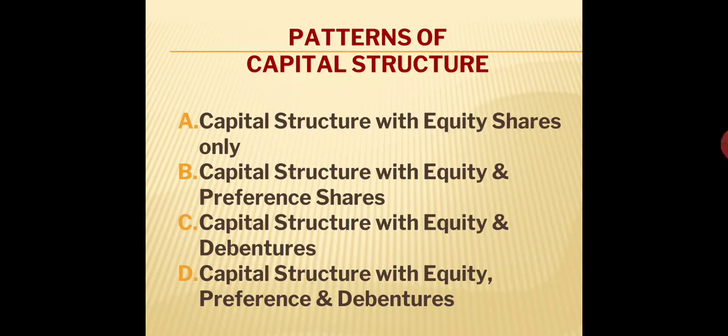Then, the third point, the full benefits of trading on equity can be realized from this type of capital structure. Yes, the company gets the full benefit of trading on equity because it is paying dividend to its preference shareholders and interest to its debenture holders, and if the earning of the company is very high, then definitely it offers maximum dividend to its equity shareholders. So ultimately they get the benefit of trading on equity.